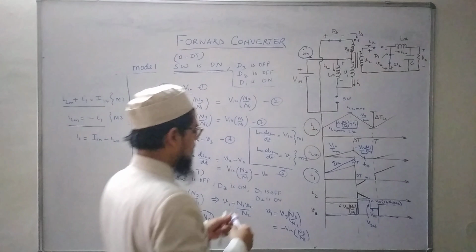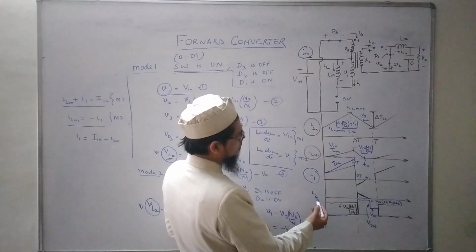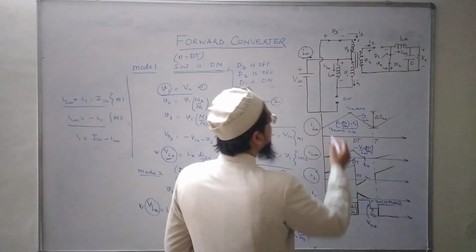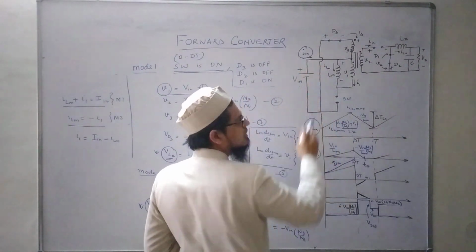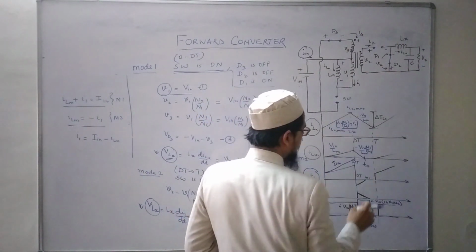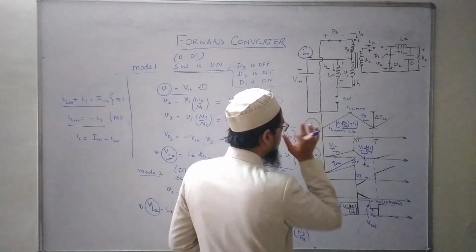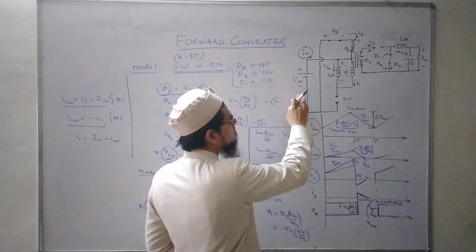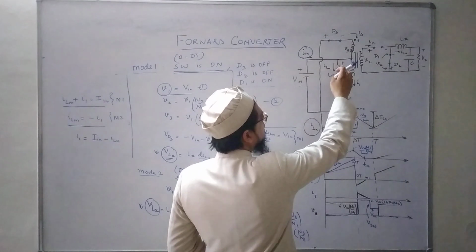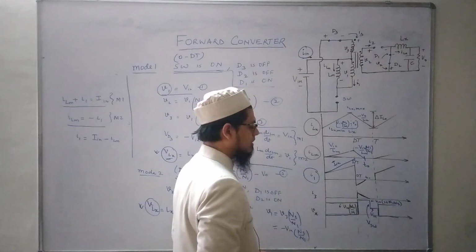So let us now see the current flowing through I3. When the switch is on, diode D3 was not conducting, no current was flowing through I3, but when the switch is turned off, then current starts flowing through I3, and that is given by minus of Vin, so that means it would be linearly decreasing.